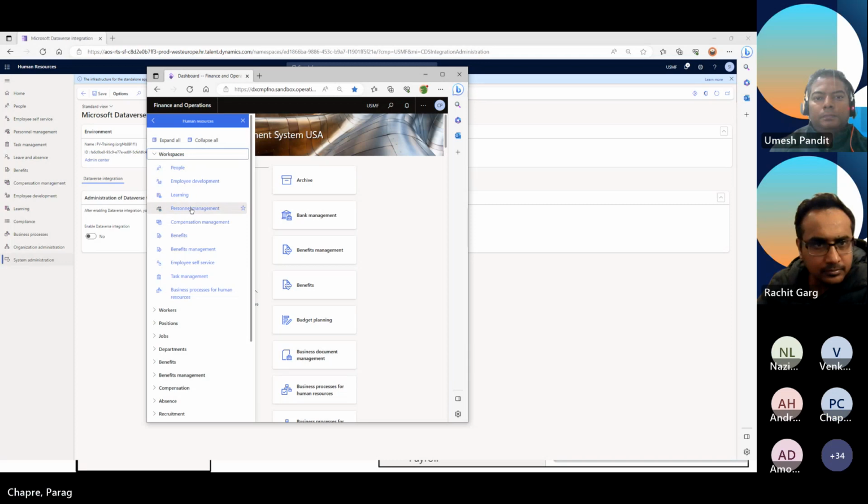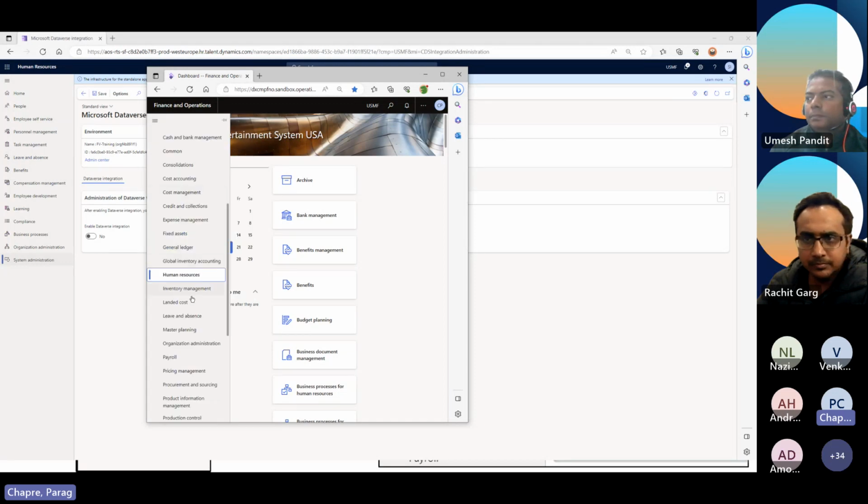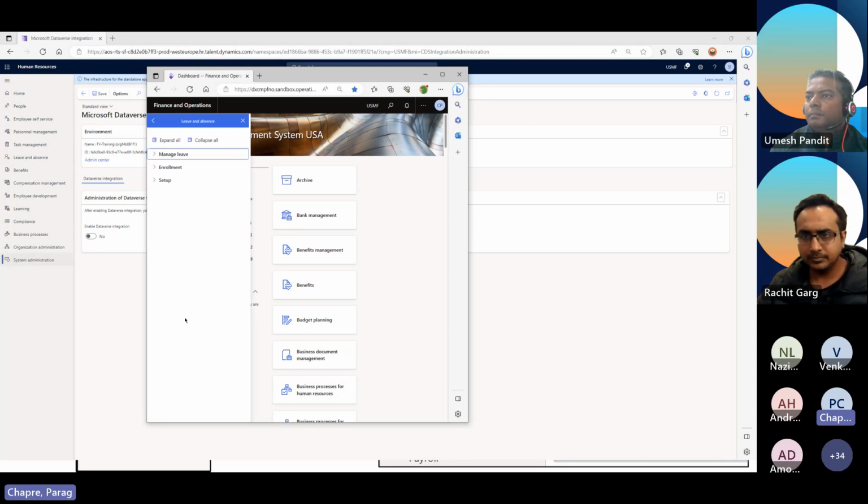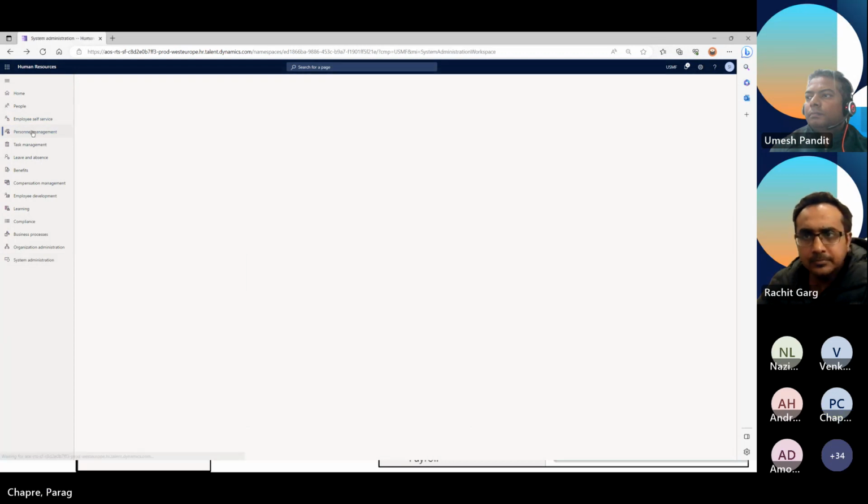development, and you see here leave and absence. Leave and absence is another part here in the Dynamics. If you see here, this is a different module. So we have two modules, human resource and leave and absence. So that's one change you can see here. And if I go here to personnel management,